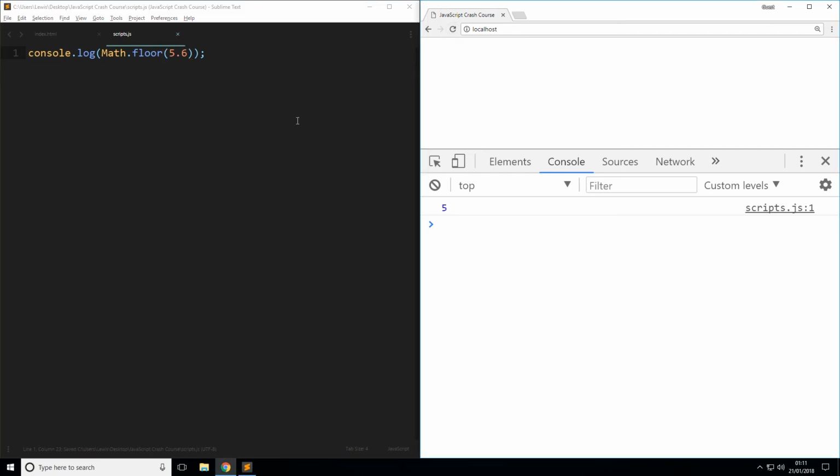And what math.floor will do is take whatever the value is and round it down to the lowest integer. However, math.ceil, so CEIL, will always round it up. So a good example of this, 5.2, save, refresh, it will round it up to 6 all of the time. Obviously they've got their own uses, and in some cases that is a must anyway, so it's worth taking note